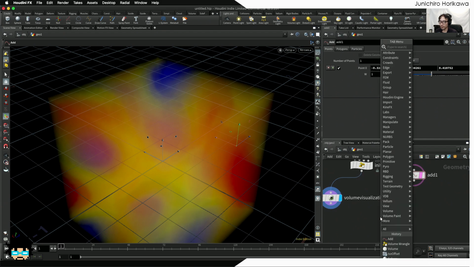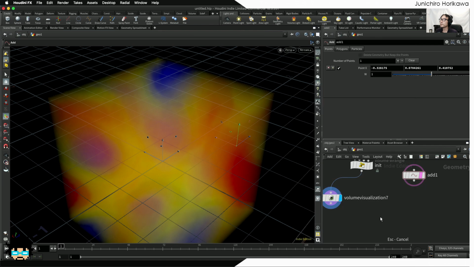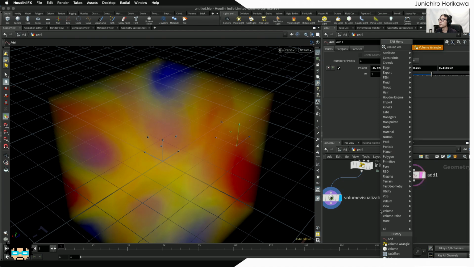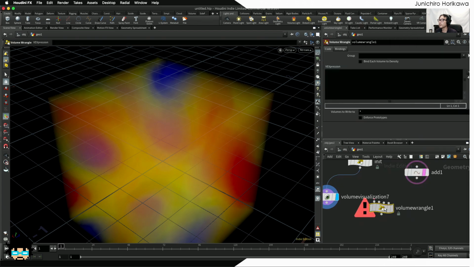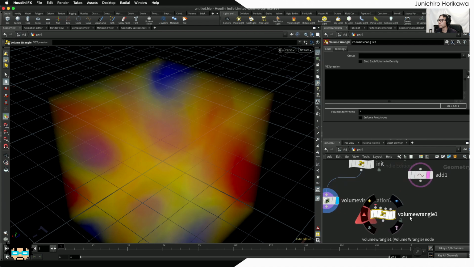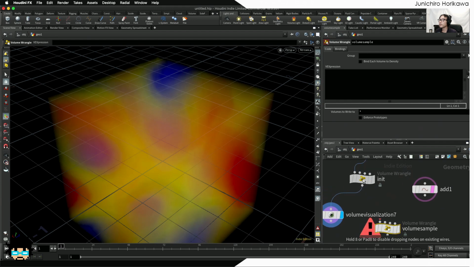First try. In this case, I'm going to try to use the functions using volume wrangle again. And in the next example, I'm going to show you with different wrangles like point wrangle. What I want to show you here is that you can also use those functions inside the volume wrangle as well. Okay, so for the volume, by using this volume wrangle, I'm going to name it volumesample